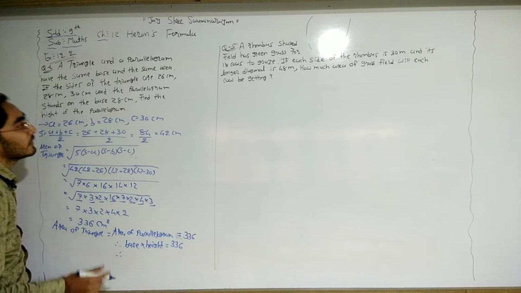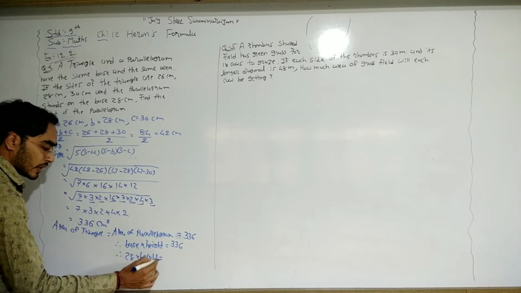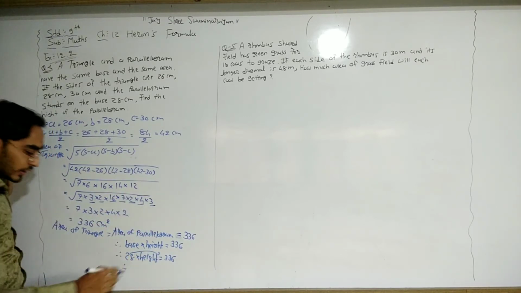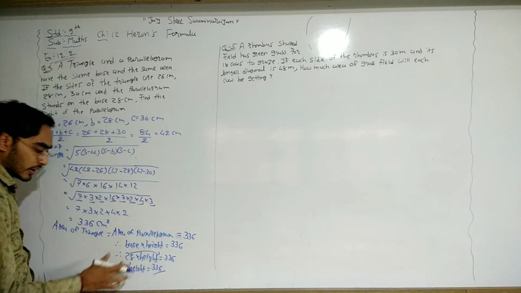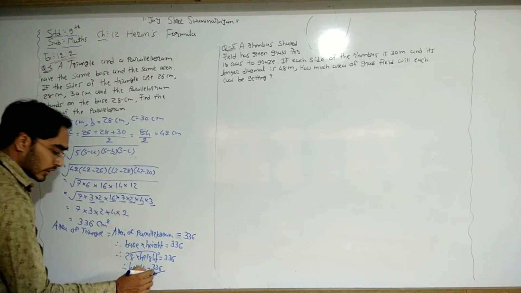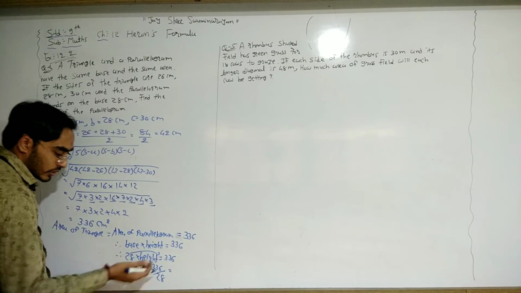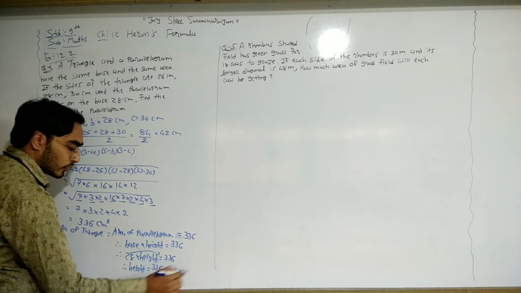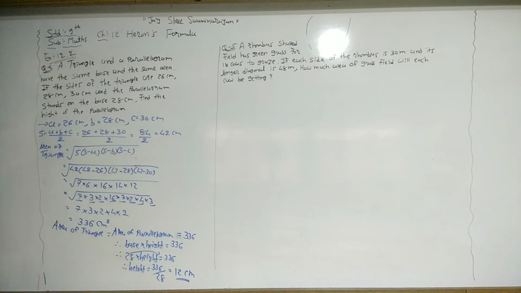Okay, now base that is given, 28. Now we need to find the height. So for that we need to transfer this 28 to the right hand side. So height is 336 divided by 28, now this multiply 28 goes to the denominator. So here 28 ones are 28, remainder 5, 56, 28 twos are, so 12 centimeter. Okay, here our unit is centimeter.